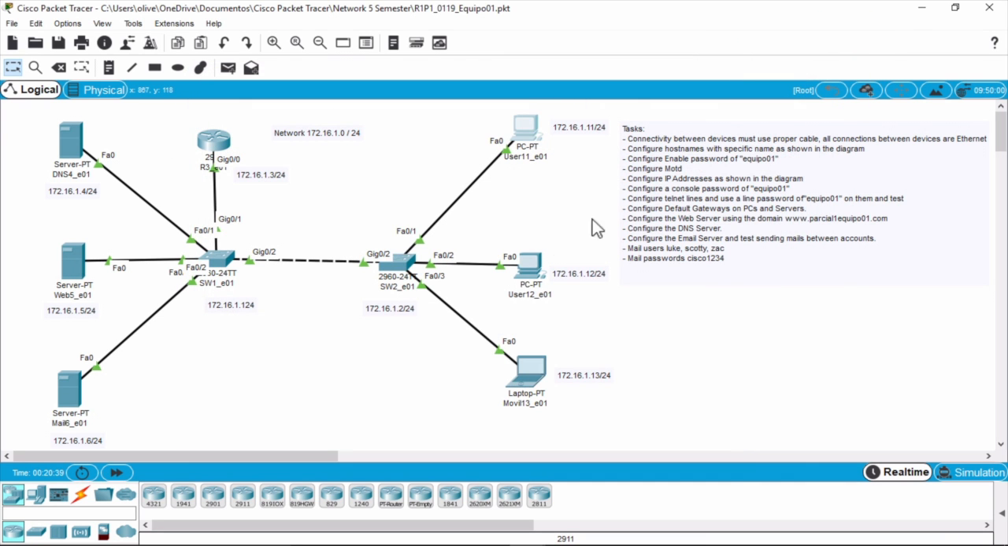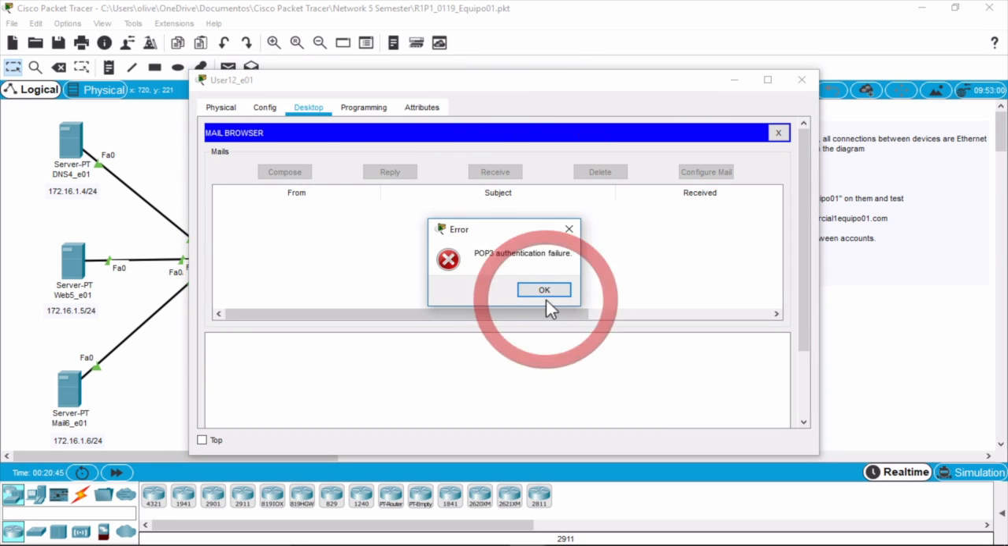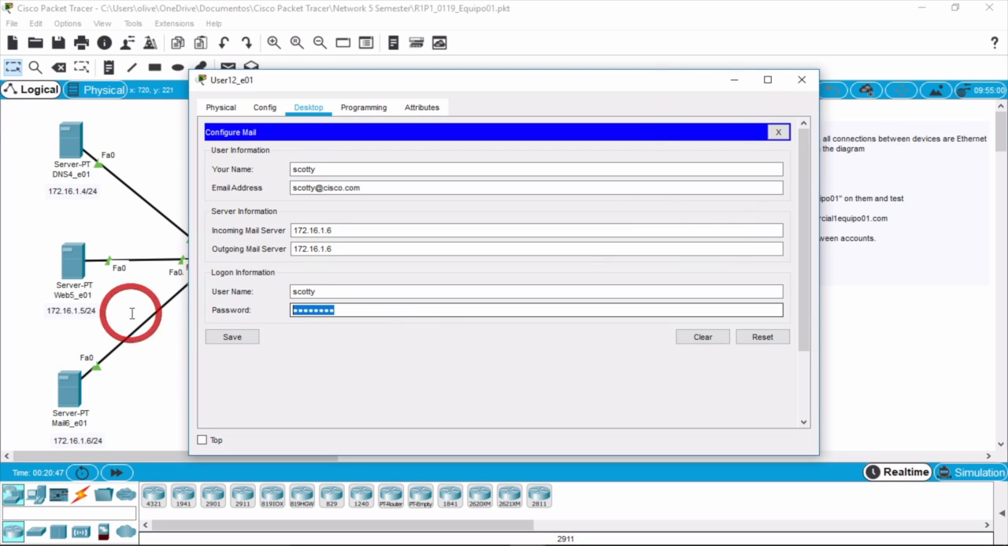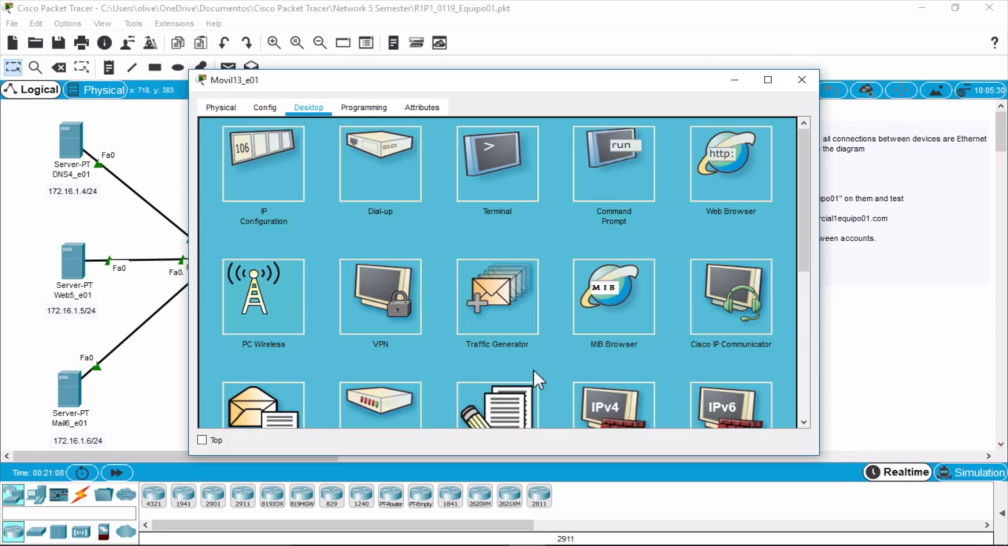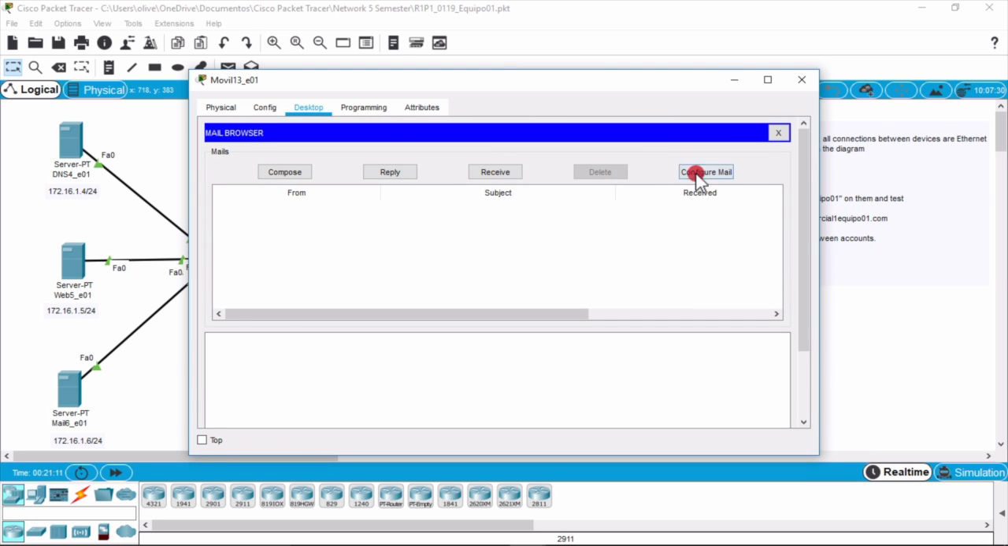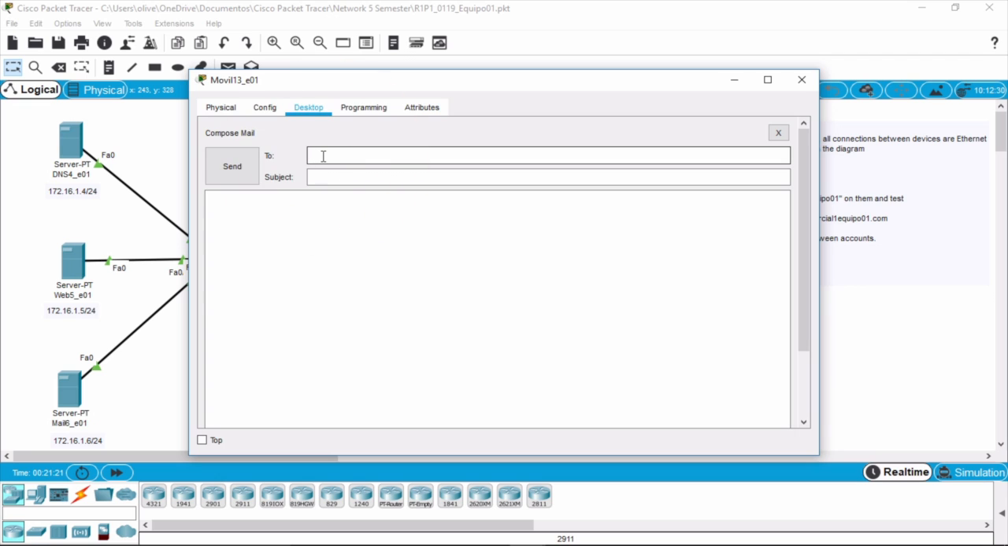So now let's see if Scotty received that mail. Email, receive, POP3 authentication failure. I also need to configure once more the IP address, the password, I'm sorry, Cisco1234, save, receive, and I have received Luke's mail. So now let's do the same thing for Zach, configure mail. I also have to retype the password Cisco1234, save, compose to Luke at cisco.com,